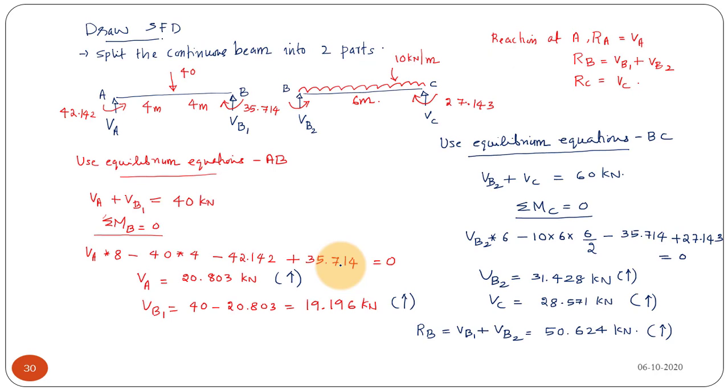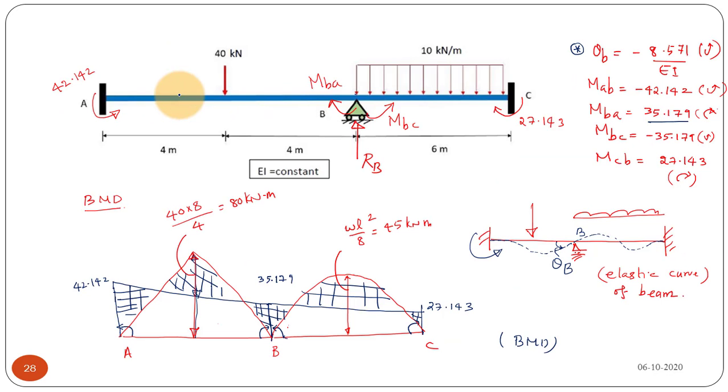So now we have completed how to draw the moment diagram. Okay. So now let us see how to draw the shear force diagram for the beam. To draw the shear force diagram is very simple. This is the moment diagram we got, and this is the elastic curve of the beam, and you divide this beam ABC into two beams AB and BC.